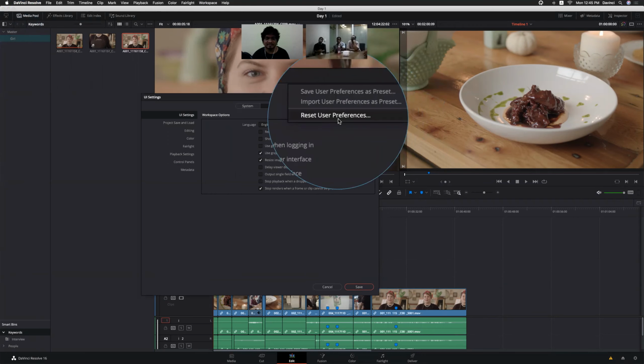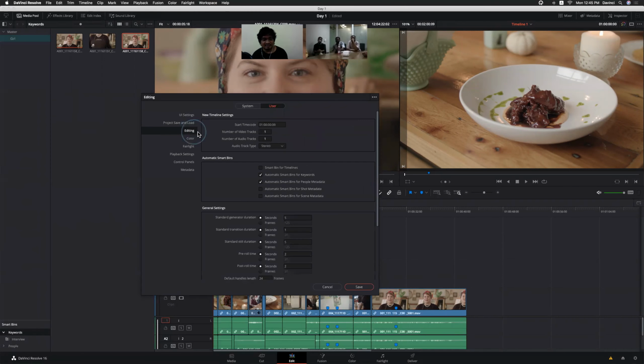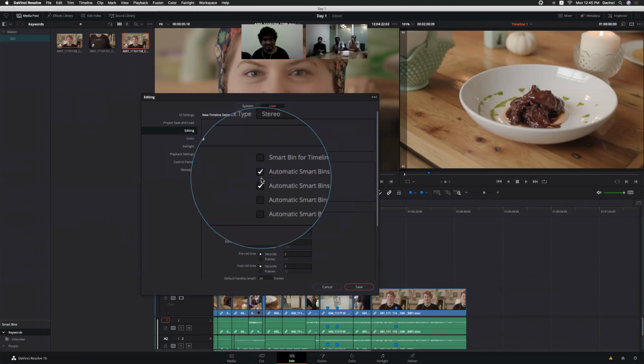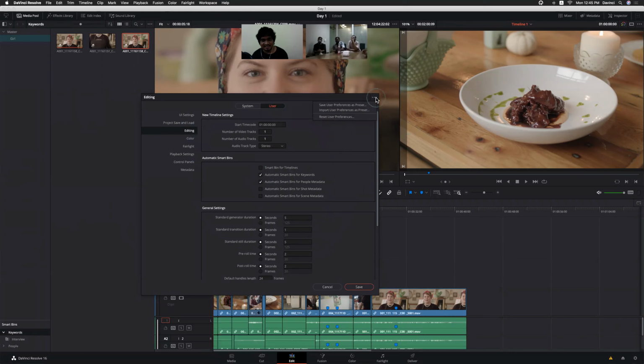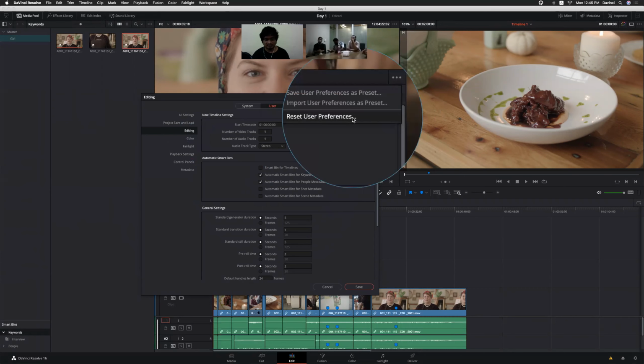It will go back to the default settings, and that means the smart bins we enabled too, everything. If you have any problem with your DaVinci Resolve, you can always reset your preferences here.